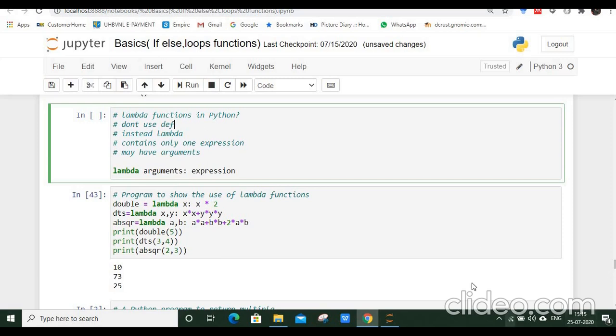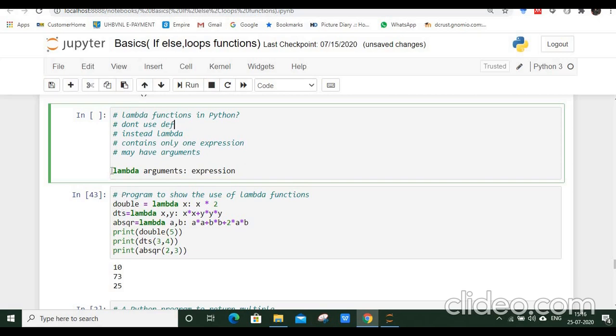Generally, the body or the statement of the function is one line only. So see this example here.